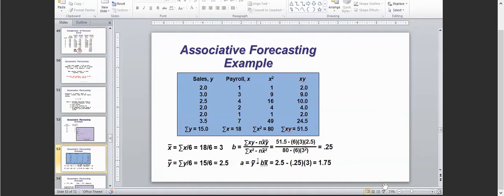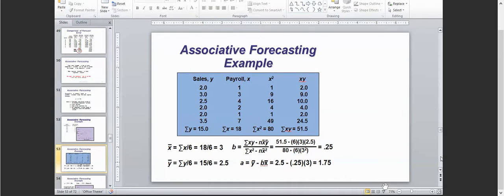And for the a value, the formula for the a value is y bar minus b multiplied with x bar. So the y bar here is 2.5 minus the b value of 0.25 multiplied with 3, the x bar here. So the a value equals 1.75. So we already complete our